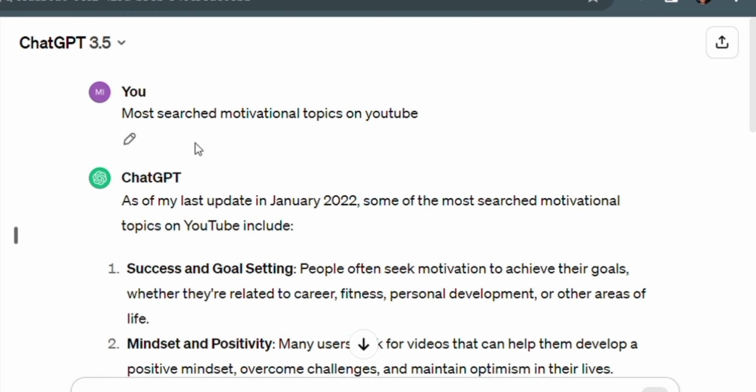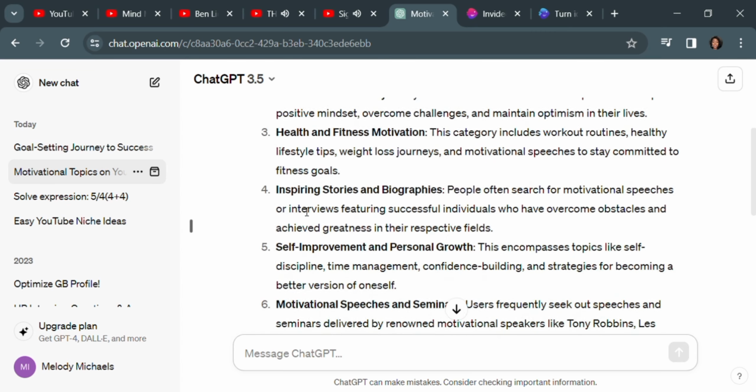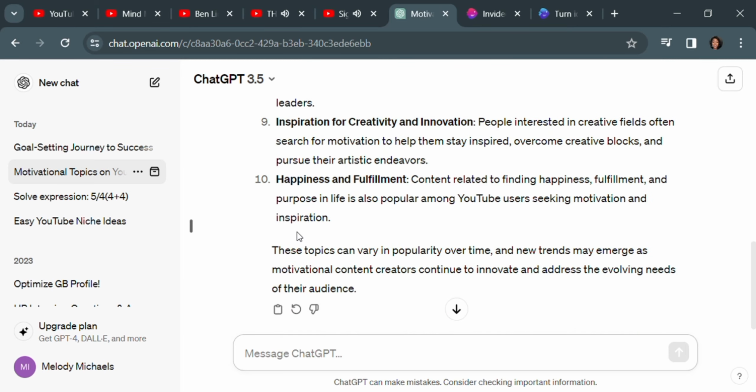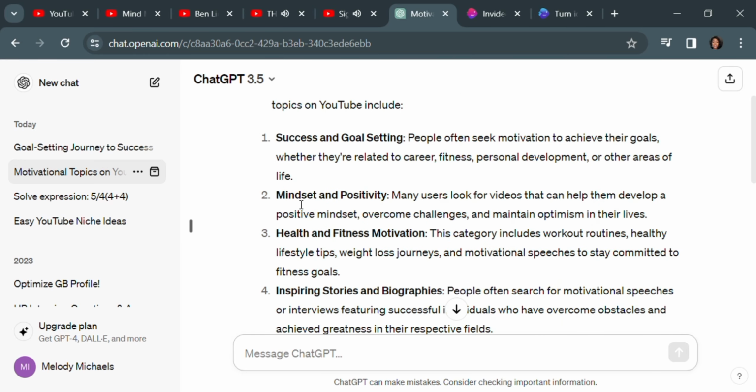The more you give ChatGPT, the more it is able to bring out. Once you search it, you can see ChatGPT has brought out a lot of things that you can leverage on that people are actively searching, and if you post a short about it, people would actually view. And the thing about YouTube Shorts is you do not even have to spend a lot of time cracking your head about